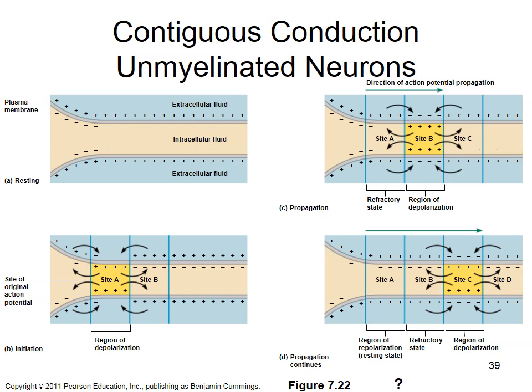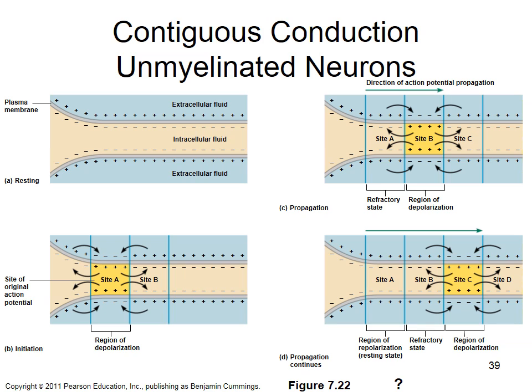What kind of channels does the soma and the dendrites have? Ligand-gated, right? So the reason why the soma and dendrites don't fire action potentials is because they can't. They don't have those voltage-gated sodium and potassium channels. Those are found on the axon hillock and all the way down the axon. Okay, so even though a ton of sodium rushes up into the soma, it doesn't have voltage-gated sodium channels. It's not going to fire an action potential. Okay, site B is going to.